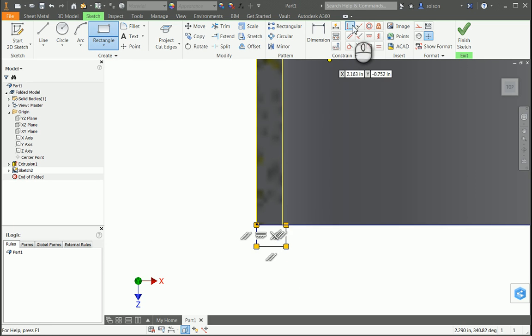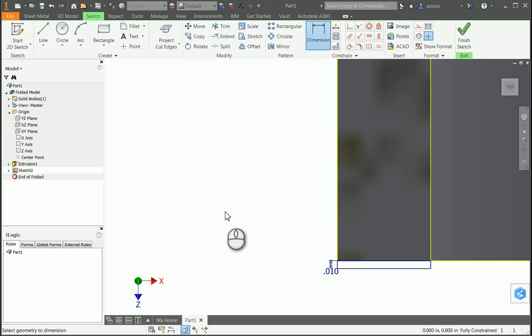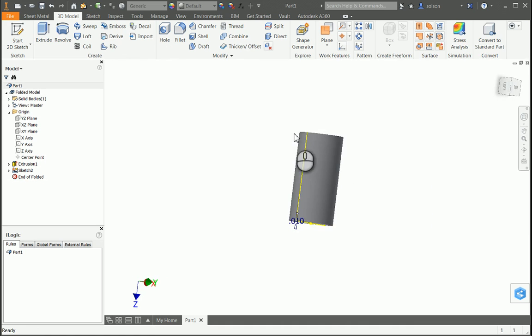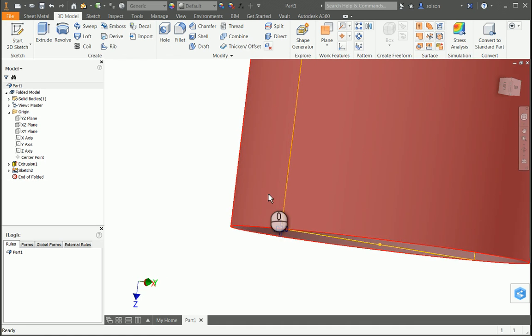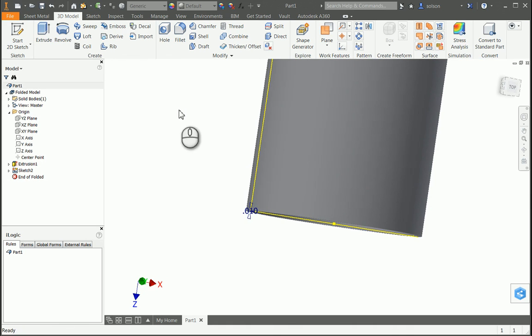And I can just make a collinear here and here. So basically the width of that wall, and then the height here is just how high I want this to be, and maybe I'll just make it like 0.01 or something like that, just something really thin, just enough to get that separation. So now that I have that, I can go into my coil command,